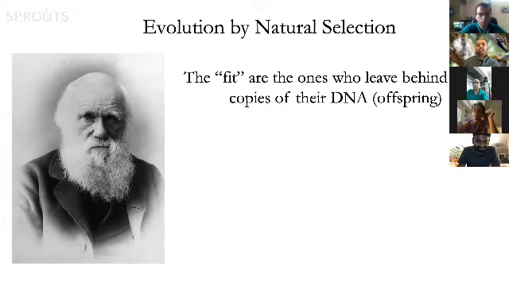So you leave behind many copies of your DNA, and the organisms that leave behind many offspring influence how evolution happens, right? And so if certain animals are able to leave behind many more offspring than other kinds of organisms, then the future generations will look more like those